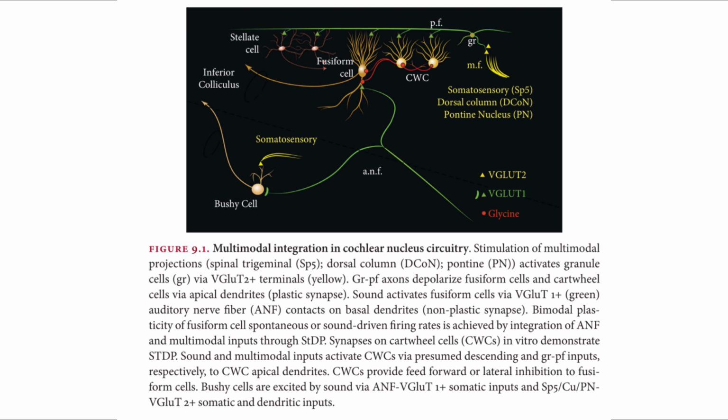An example of strong EPSPs from the SP5 or the spinal trigeminal nucleus onto the fusiform cells would be somatosensory modulations. So when you bend your neck, or you flex your jaw, or you yawn, or something like that, this causes enough excitatory postsynaptic potential to lead to the threshold being reached in the fusiform cells to fire a spike,